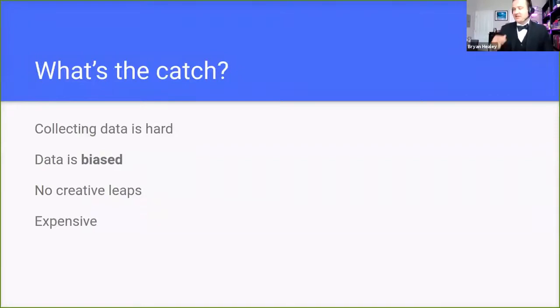But the catch to this, and another reason why I like talking about that name gender example, is it highlights one of the interesting problems with machine learning. The data is the problem. Collecting data is very hard, sometimes prohibitively so. There are only so many free data sets. So a lot of what we do with our time when building models is constantly trying to collect data. There are billion-dollar industries entirely oriented around collecting and managing data sets. Facebook essentially is just a data company. The fact that they have a social network is tangential to the fact that all of their money stems from their ability to collect and then sell data.